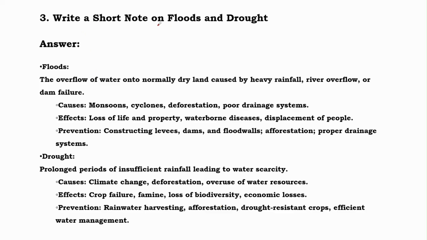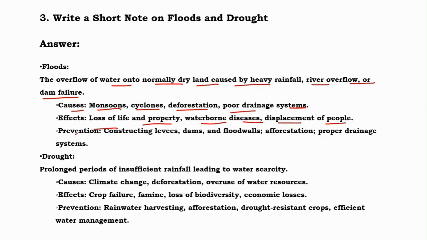Then, what are the short notes on floods and drought? Floods are nothing but the overflow of water onto normally dry land caused by heavy rainfall, river overflow, or dam failure. Causes: monsoons, cyclones, deforestation, poor drainage systems. Effects: loss of life and property, waterborne diseases,